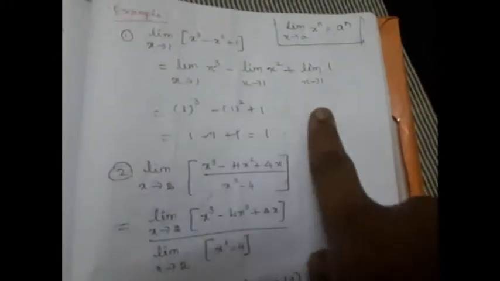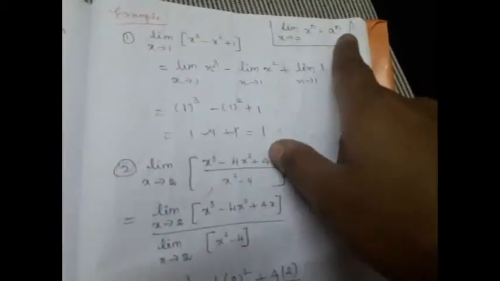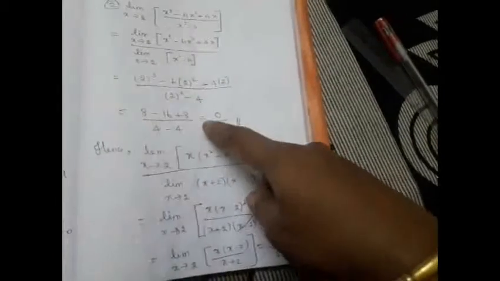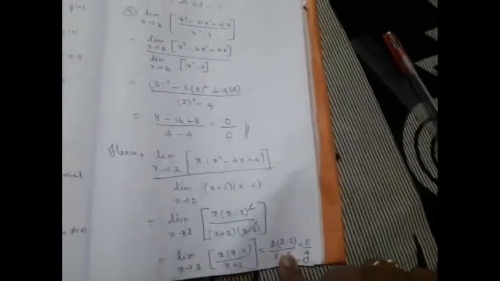Hope you understood what I have explained so far. We have seen 4 different models of problems. First, if it is a simple polynomial, we can split the limits and arrive at the answer, because we know limit x tends to a, x power n is a power n. And when it is a rational function, you have to check whether it is of the form 0 by 0. If it ends with 0 by 0, you have to reduce the given question in such a way as to avoid the 0 by 0 form, and then apply the limiting process.